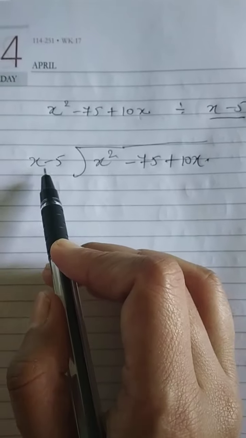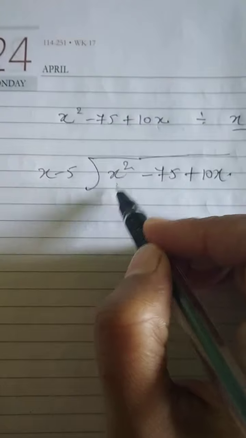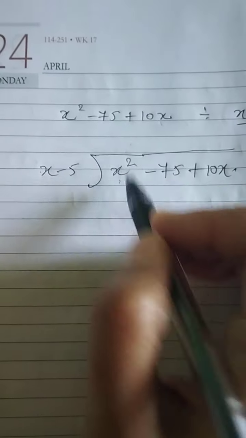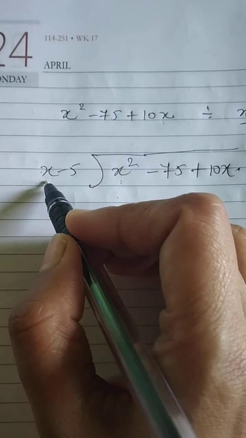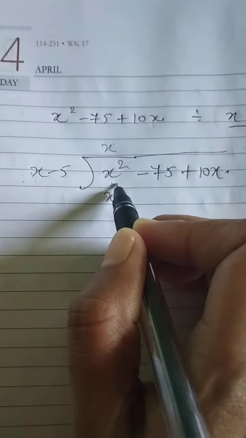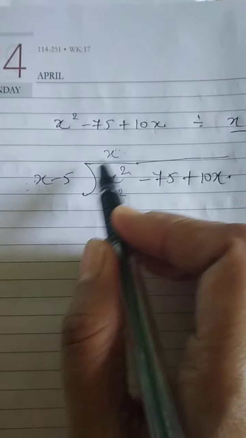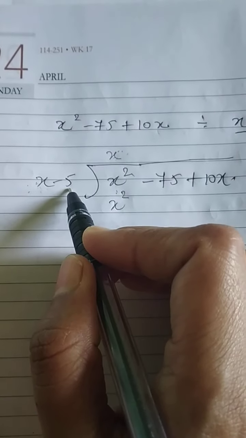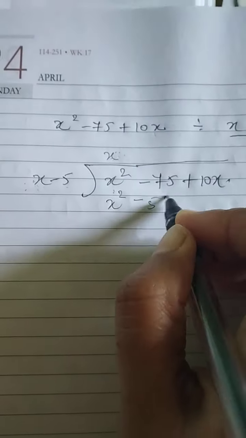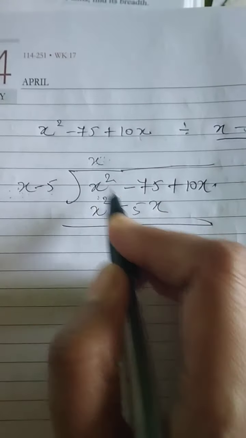Steps. Okay. Now x, we have to write here x square. So by what will we multiply this x so that we will get here x square? Tell me. This x into x will be equal to x square. Okay. But here if I have written x, this x will get multiplied with this 5 also. Here is minus, plus minus. 5 into x, 5x. Okay, done. In one term only you will take.